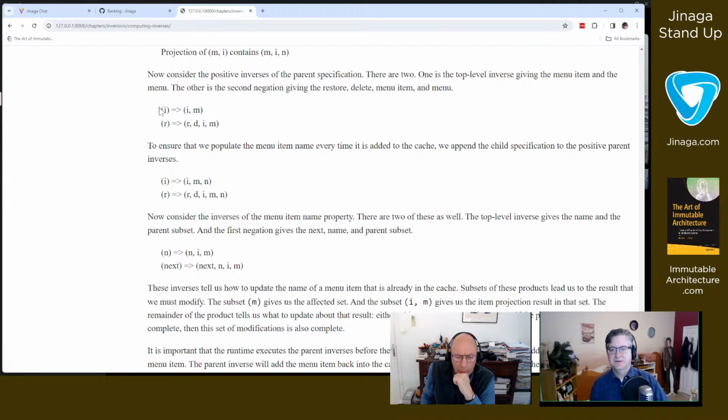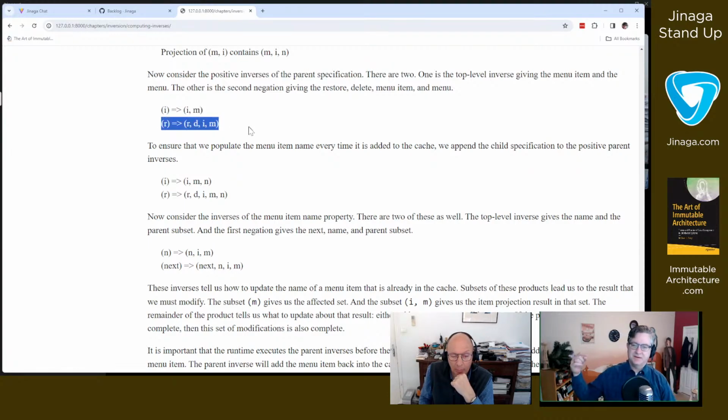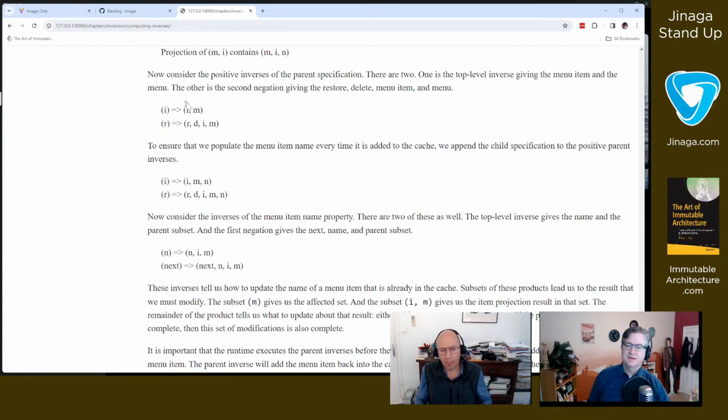So this inverse right here, whenever you see an item, that item and its menu get added to the cache. Whenever you see a restore, then the restore is related to a deletion, related to an item, related to a menu. So that item and menu get added to the cache. So those are both positive inverses. They both add to the cache.